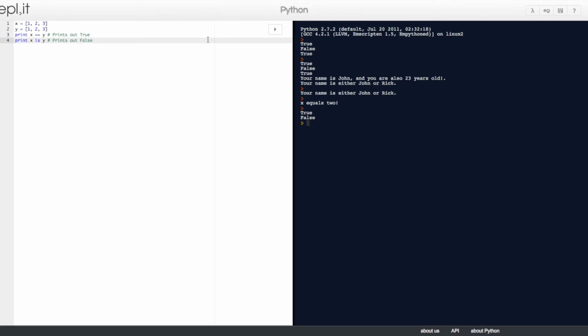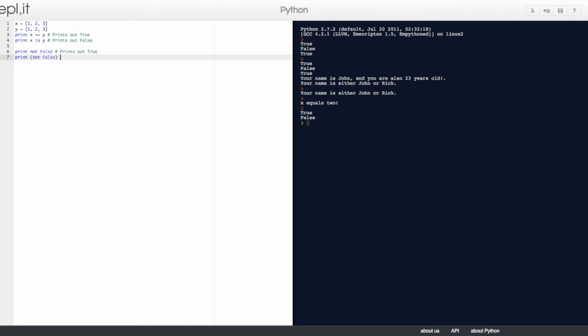Okay, now we'll talk about the not operator. Using not before a Boolean expression inverts it. So we'll say print not false, and that should print true. Prints out true. And then the next one is print in parentheses not false, which is true.